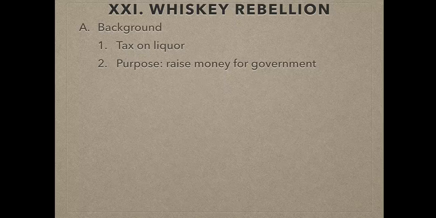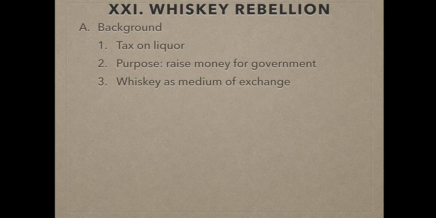Basically what happens is the first domestic tax, so the first tax that the federal government is going to place on a good in the United States, is actually a tax on all distilled spirits, so on liquor in general. But it becomes known as a whiskey tax because whiskey was really the preferred liquor of the time period. The purpose of this is to raise money for the federal government. Essentially, the federal government of the United States is in debt as a result of the Revolutionary War. Whiskey was very common in many rural parts of America.